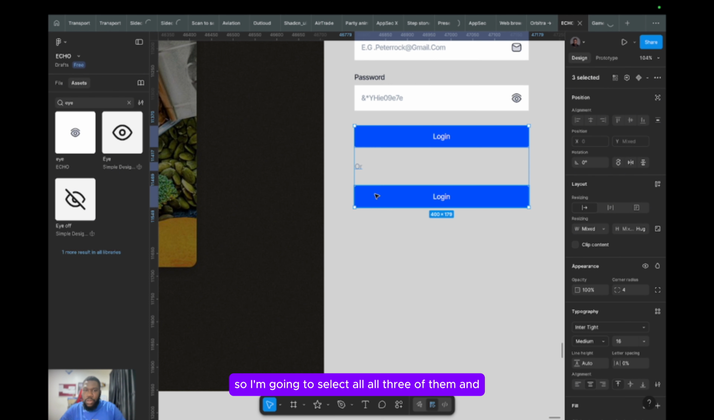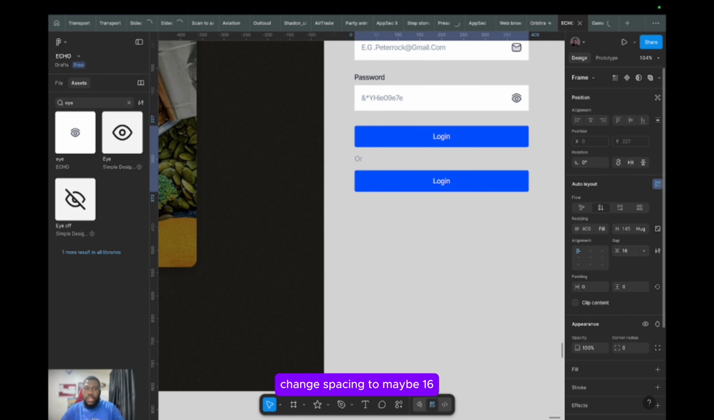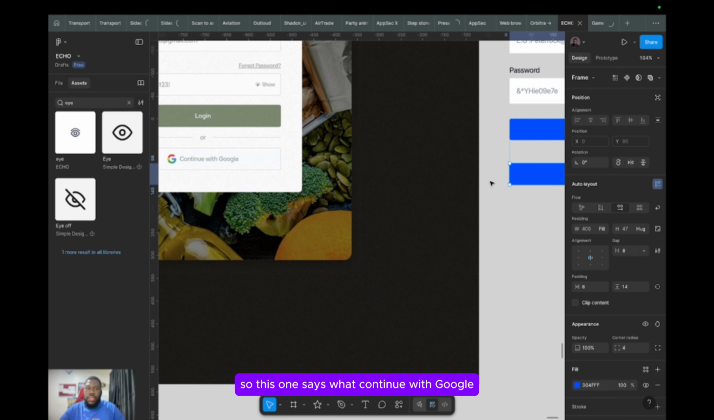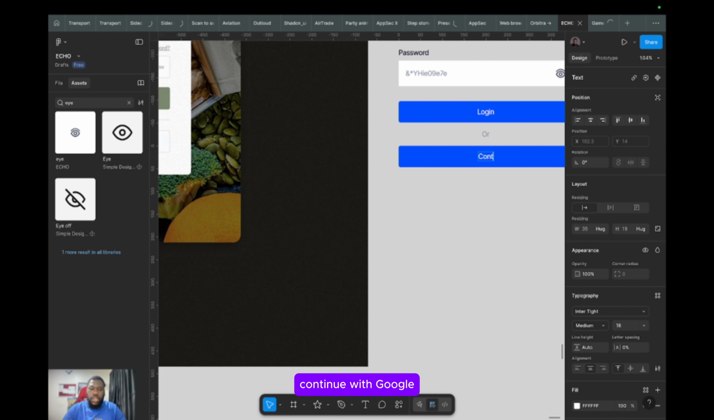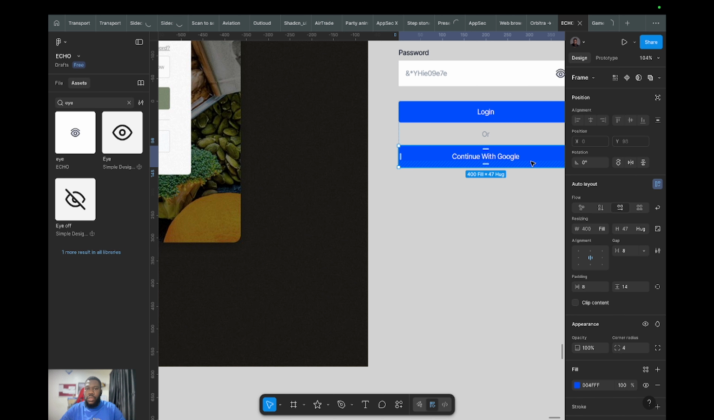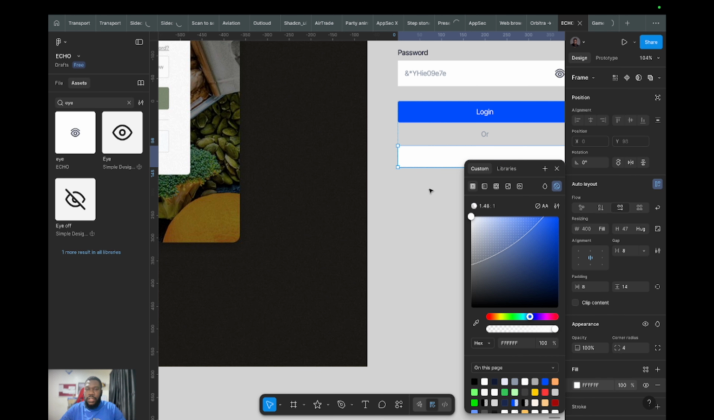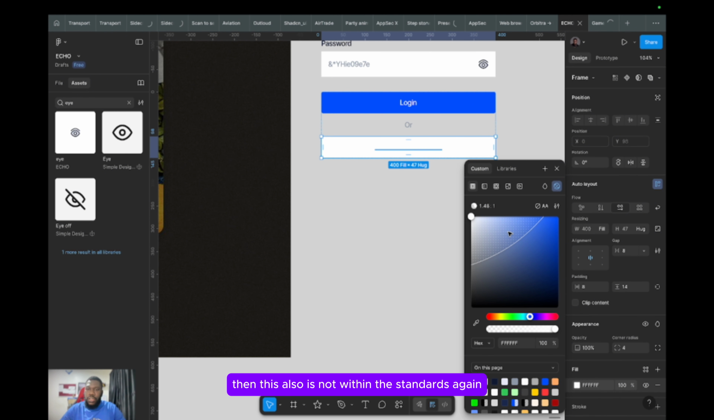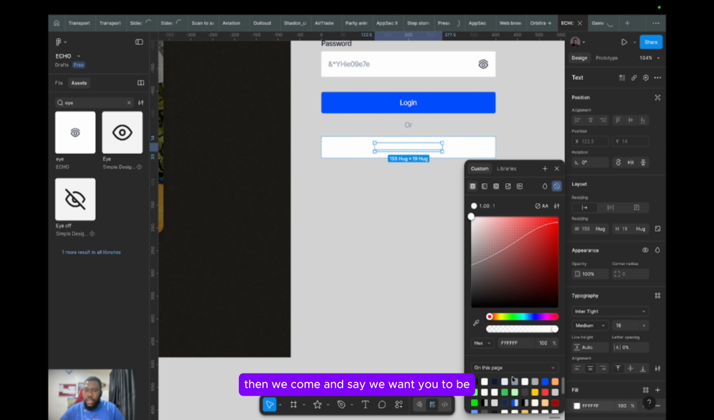So I'm going to select all 3 of them and change spacing to maybe 16. Then put this in between so we have all like this. So this one says what? Continue with Google. Then we come and change it to white. Then this also is not meeting the standards again. Then we come and say we want you to be